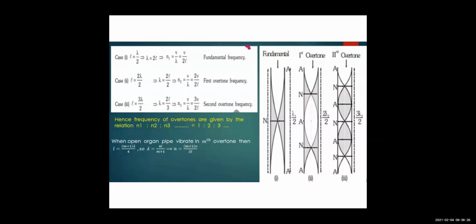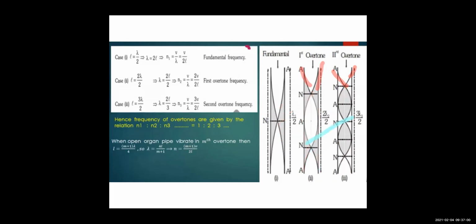Now, in the first case, as you can see, it is a half wave. So the wavelength of the wave is lambda by 2. Right? Here it is, this is a half wave. So this is lambda by 2, this is 1/4, this is 1/4. So this is one entire wave, which can be written as 2 lambda by 2. Right? And here in the second overtone, if we see, this is one entire wave and this is a half. So this total is 3 lambda by 2.